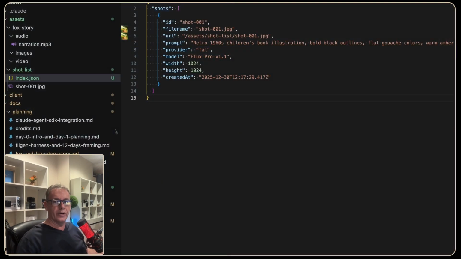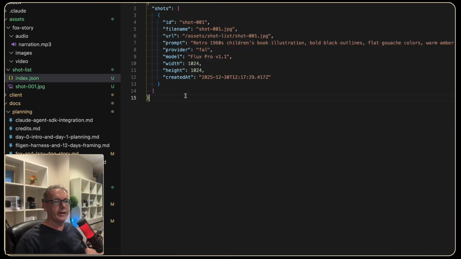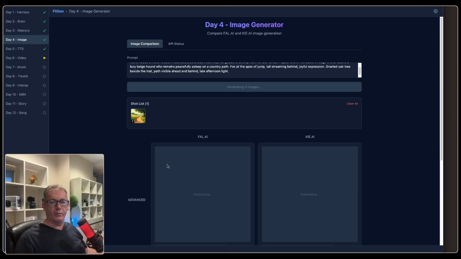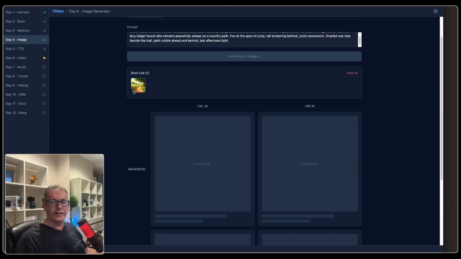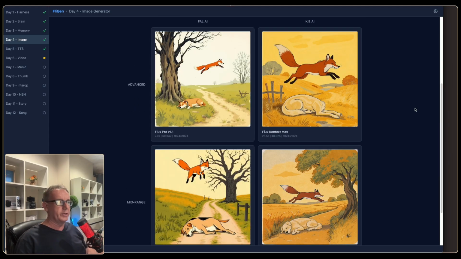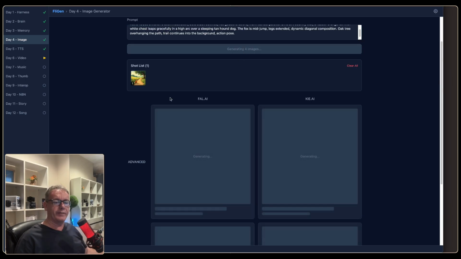Let's go down to VS Code. So we've got this little index.json file. We've got the image coming through here. What I think we'll do now is pick another prompt and we'll paste it in there. What we're hoping is that everything stays in place here. We'll get new images. We're getting new images coming in right now. I don't like any of them, so we'll generate a different one.